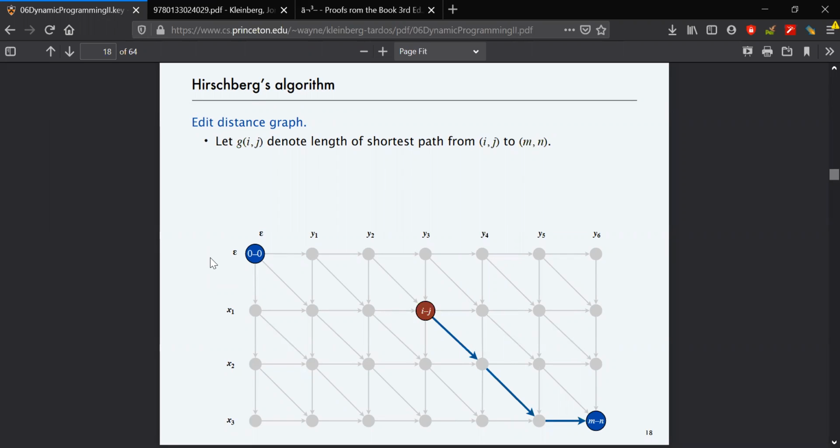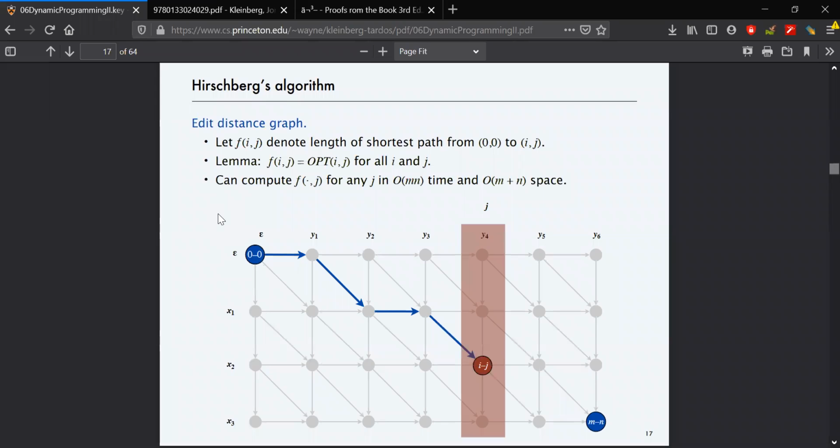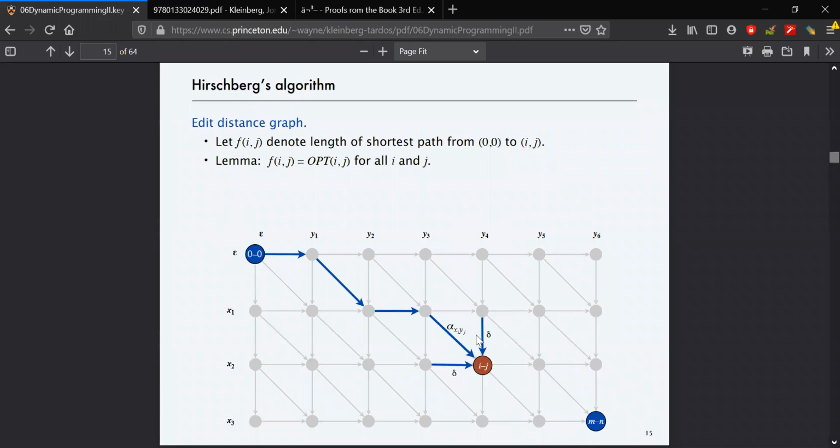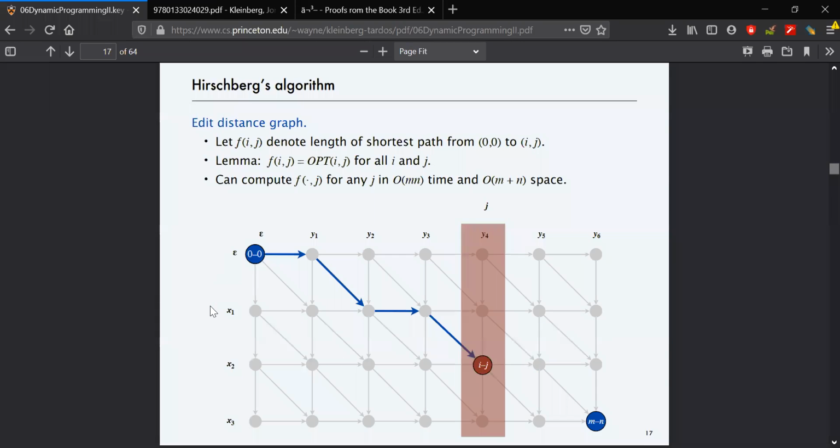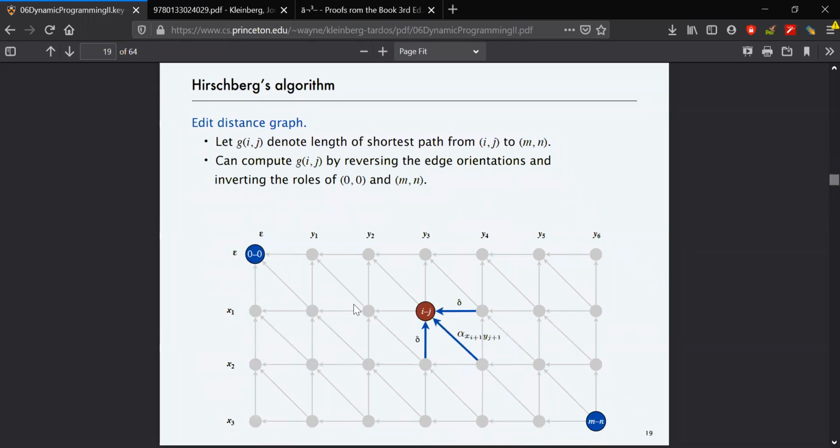Okay, so now you saw how to calculate this, right? The way you calculated here, the same thing you can do for Gij. Any index Gij you can calculate in a similar way. So remember, Gij was the length of the shortest path from ij to mn. So you can calculate Gij also in a similar way. Okay,